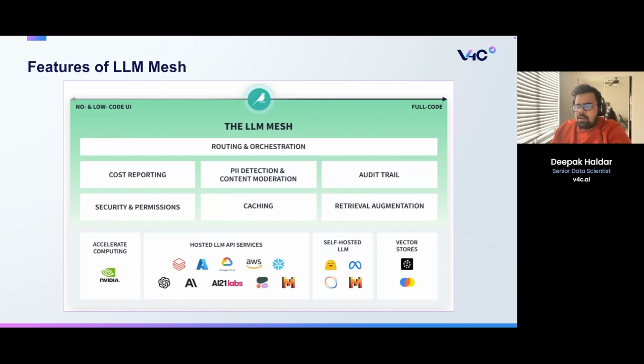As we understand what an LLM is and when to use it, let's look into the features of the LLM Mesh. The LLM Mesh is a comprehensive framework designed for managing and deploying enterprise-grade GenAI applications. At its core, it provides features like routing and orchestration to coordinate tasks across various components. You have cost reporting for monitoring expenses, PII detection and content moderation to ensure compliance and ethical standards, an audit